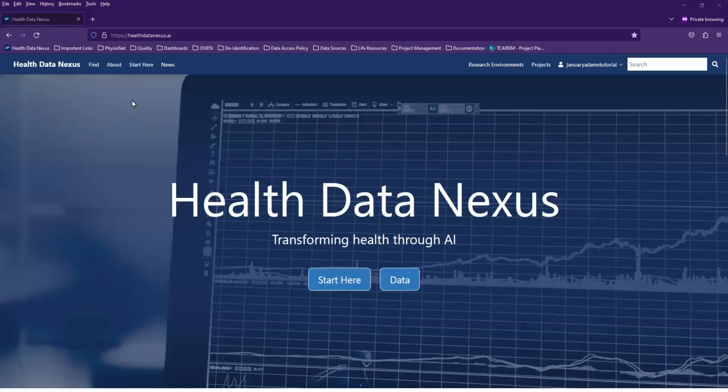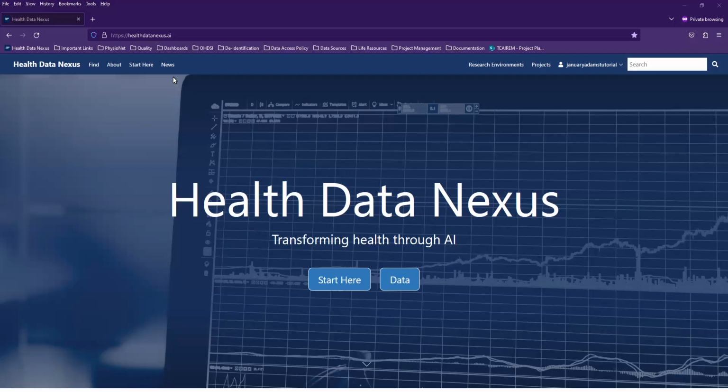There's only one step left to go, but for using the dataset, it's one of the most important. In addition to being an access portal for datasets, the Health Data Nexus also includes a cloud-based analytics environment where you can do all your coding, algorithm building, and data analysis. The data on the platform is only available for use in this environment and cannot be directly downloaded or saved